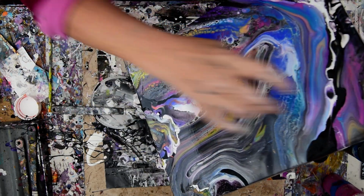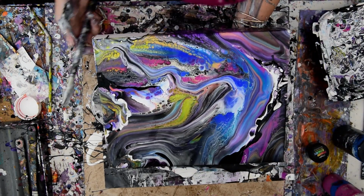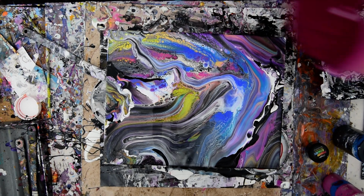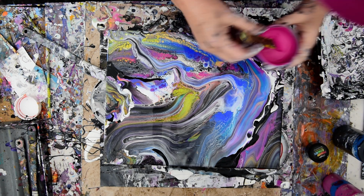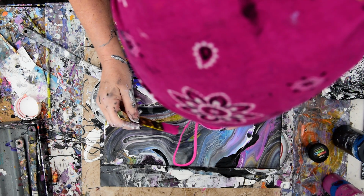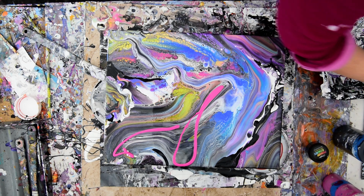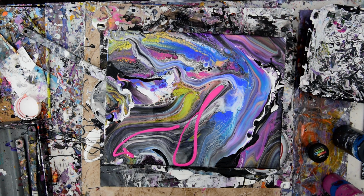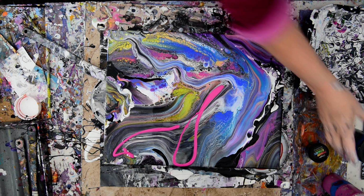I like this black up here, but I want to swipe it so bad. I just don't want to ruin any of the things that I've got in there. I think what I'm going to do is use my swipe card. Oh, that one's all schmutzed up. I'm not going to use that swipe card, but I've got others. And I'm going to grab